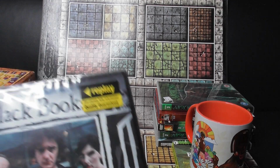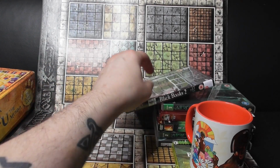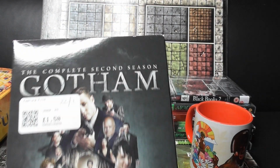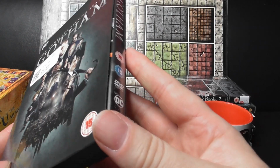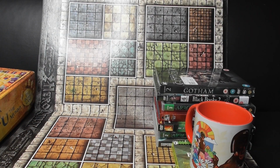Last of the DVDs, we got the Black Books sealed. I think that was £1. And second season of Gotham for £1.50. So, and to build up my collection of DC